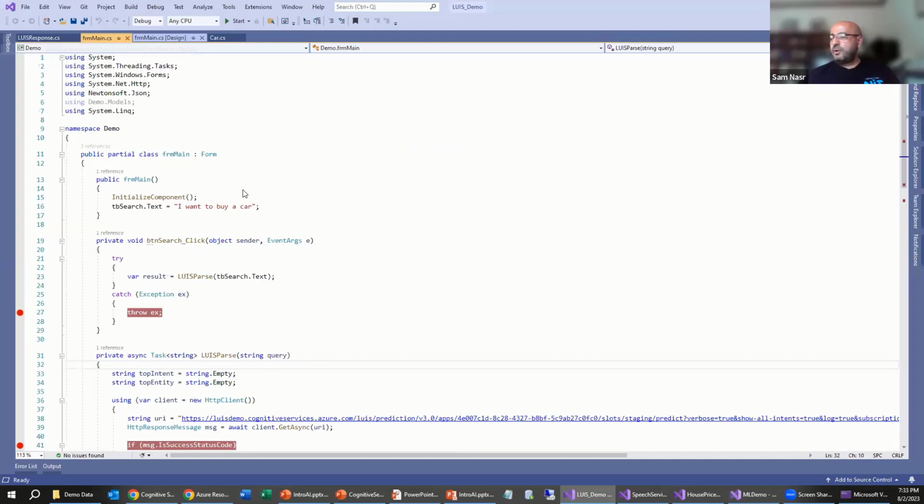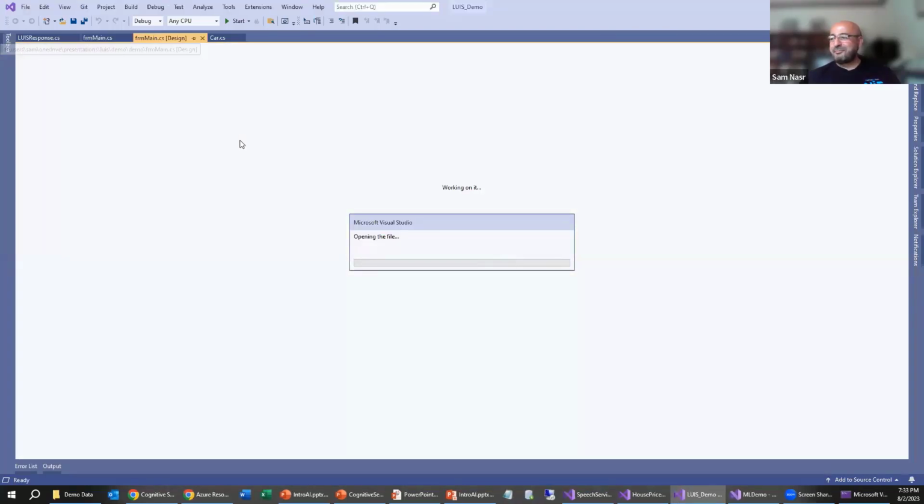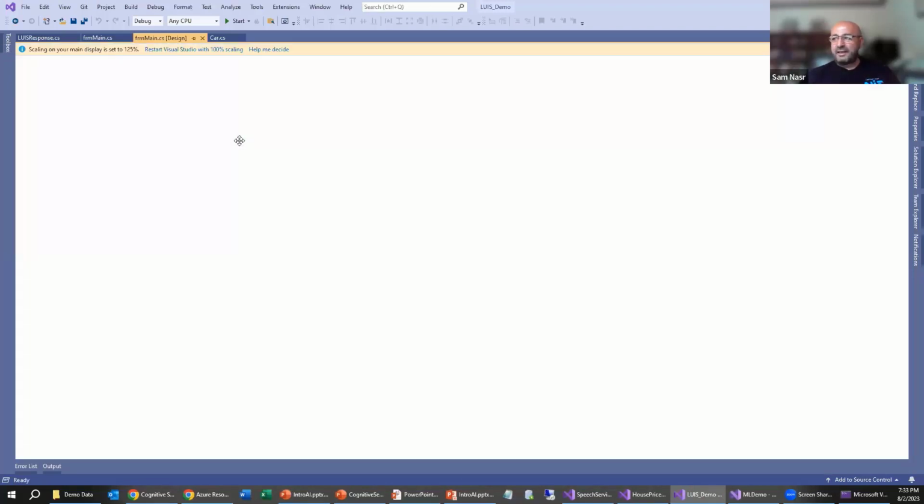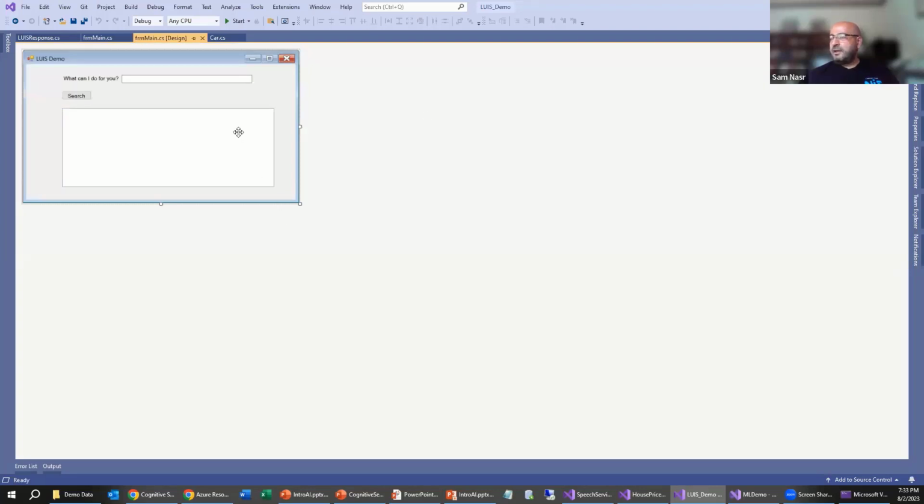So this is the UI. And again, don't judge. It's a very simplistic example. But the intent is that this would be on a PC in a car dealership, in a kiosk, where users can step up, enter in whatever they want done, and then it would respond back with the proper response. So here's the UI. What can I do for you? And they have a text box to enter in. They can click search, and then they get the results in the output window.